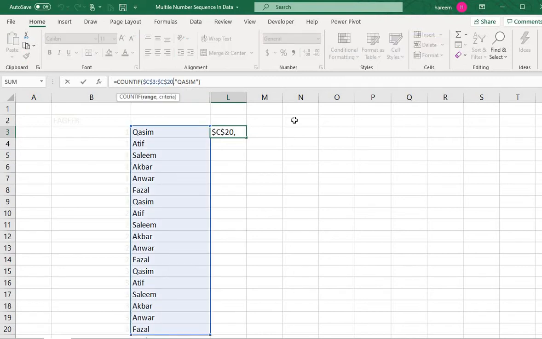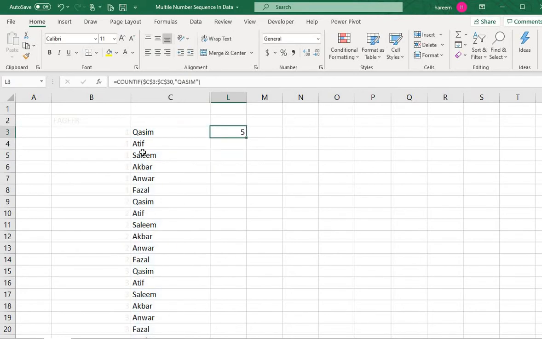Let me increase the range to 30. It tells me that in the data Qasim appears 5 times. So that is a normal COUNTIF formula.